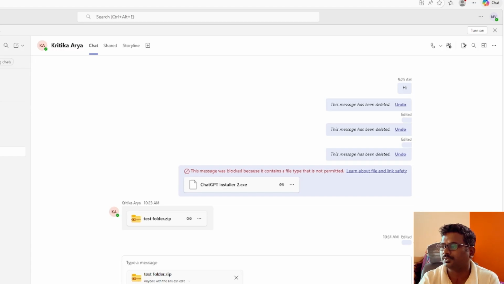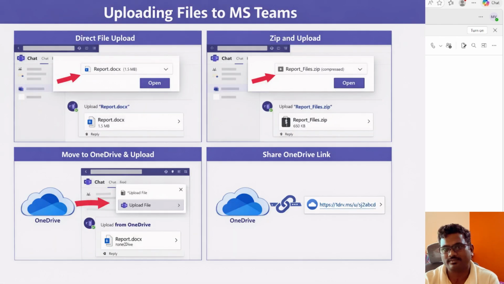One, through the native way of uploading, which was blocked. Second, when I tried with the zip, it was successfully sent. Third, when I tried to send it through the OneDrive link, blocked. But fourth, when I try to send the same zip folder from the OneDrive,